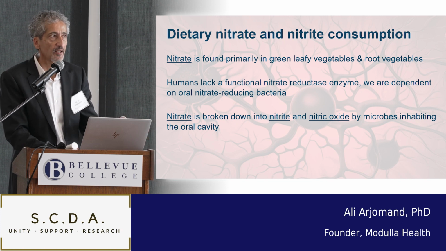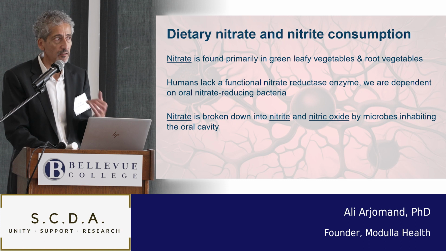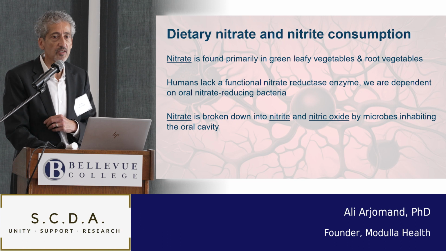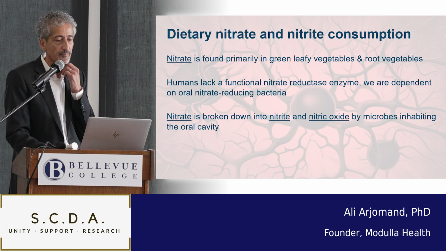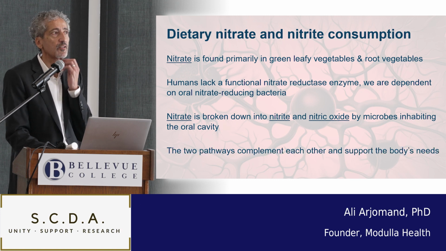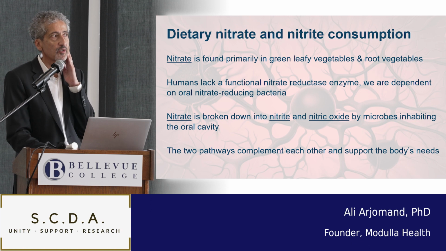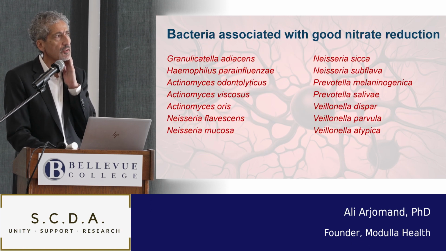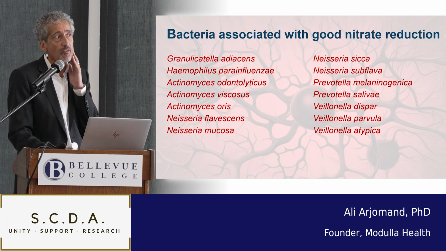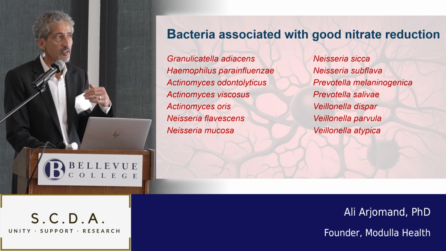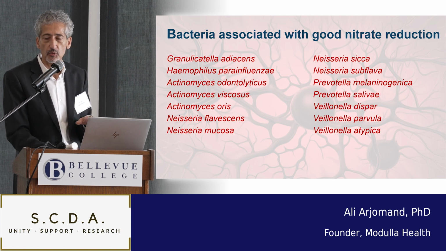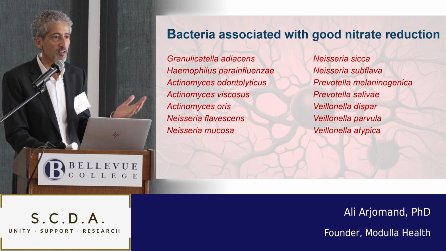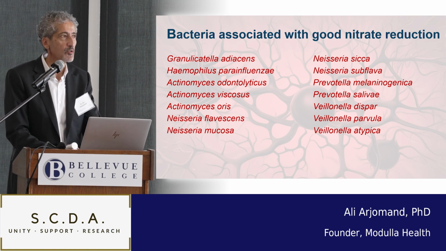Nitrate is in the diet. The microbes convert it to nitrite right in the mouth in an instant, and then our body can take that nitrite and produce nitric oxide. So it's primarily found in green leafy vegetables, like I mentioned, and root vegetables. Here are some microbes that live in the mouth that can actually do this work. These are all being characterized, a whole range of microbes that are really good at this. Give them the nitrate, they're happy to convert it to nitrite, and we appreciate their help. We rely on it, actually.